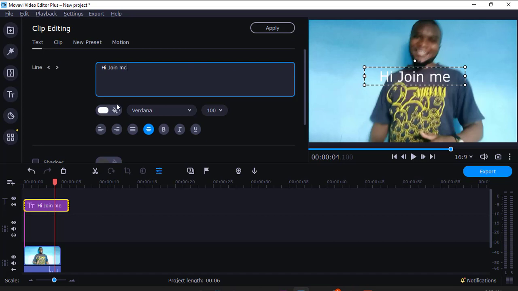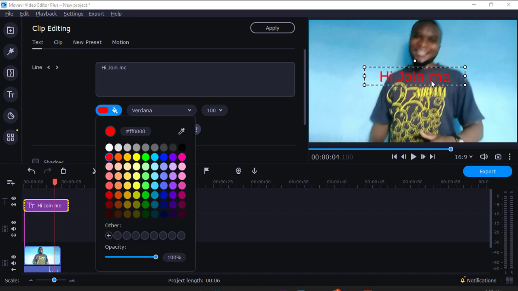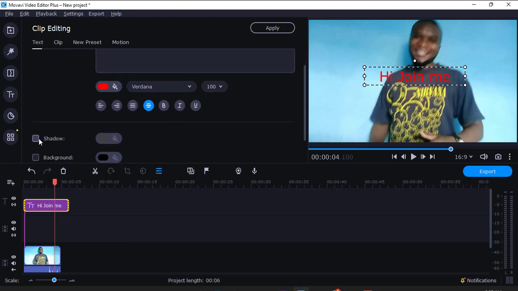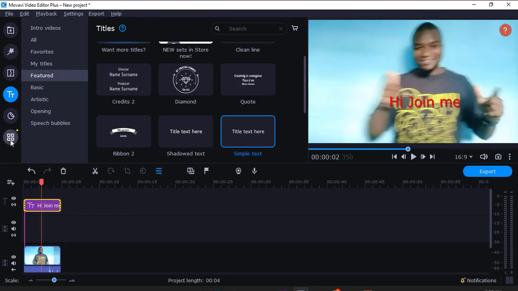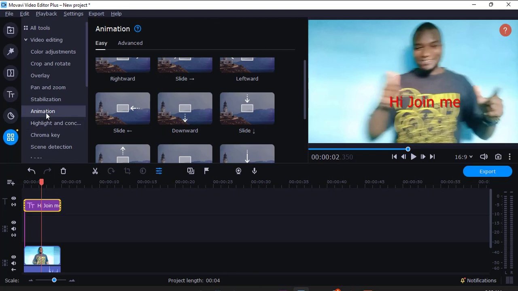Then I change the color into something like red, like so. Maybe also add a shadow like so, so that it becomes visible. Now I want my text to be here. The next thing I'm going to do, I'm going to come to more options here, and I'm going to choose